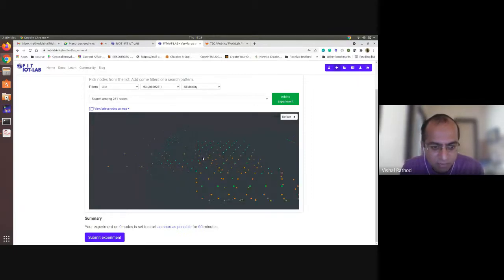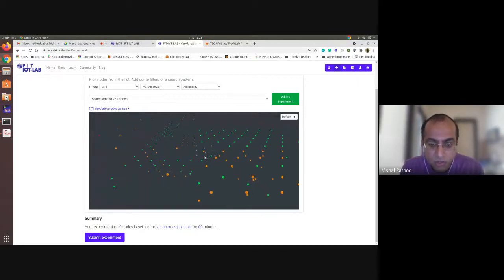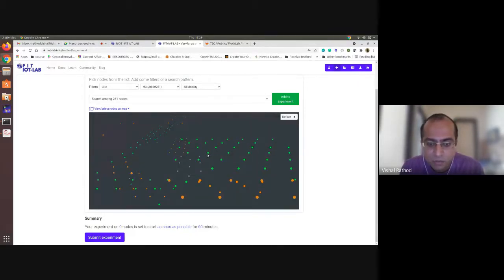If not, let me zoom out; you can zoom out. There are 3 colors. One is green. When you mouse over it, you can see the particular node ID on the left corner, for example node ID M3-233. Then how can you access the node? It's .lille.iotlab-info, M3 architecture, and it's alive, so you can use it.